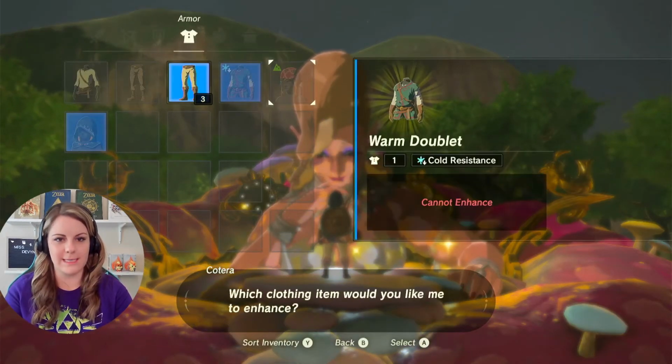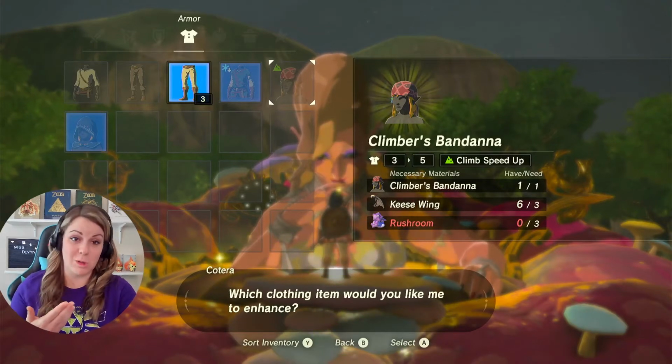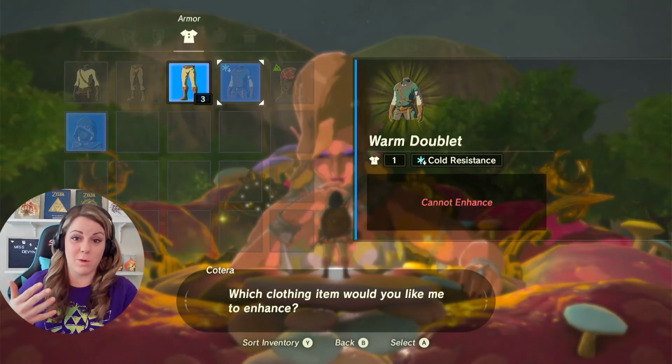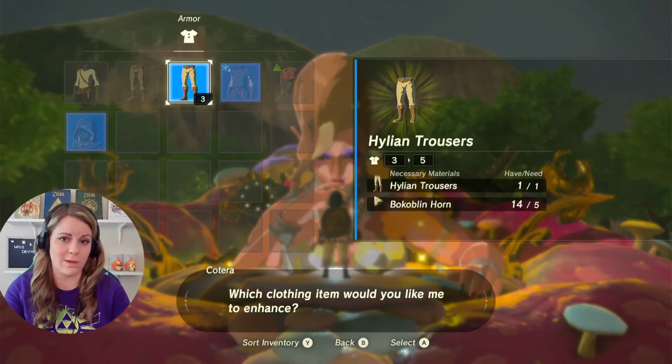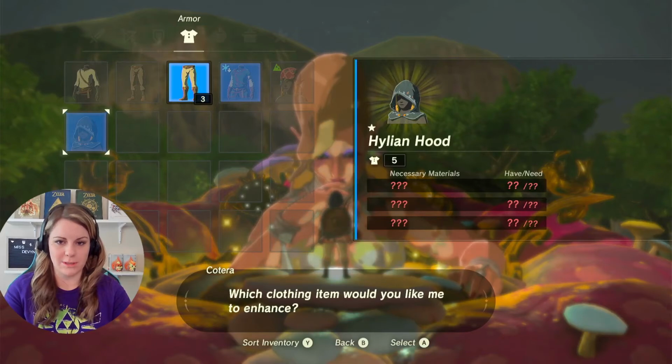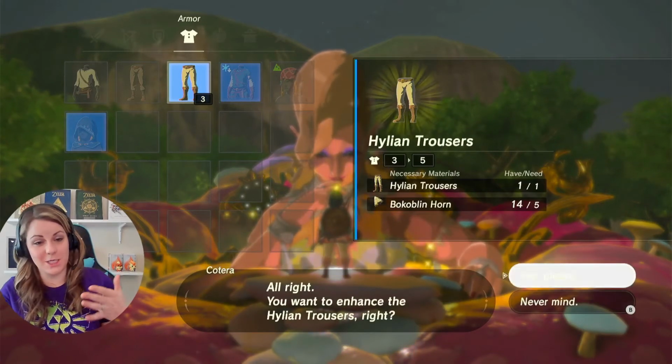Now, here's another example. Here's our climber's bandana. In order for her to enhance that, we need some mushrooms. We don't have any. Same with the warm doublet. She can't enhance this. She also can't enhance the well-worn trousers or the old shirt. Okay, so she can enhance a couple of things, but the trick is, like she said,